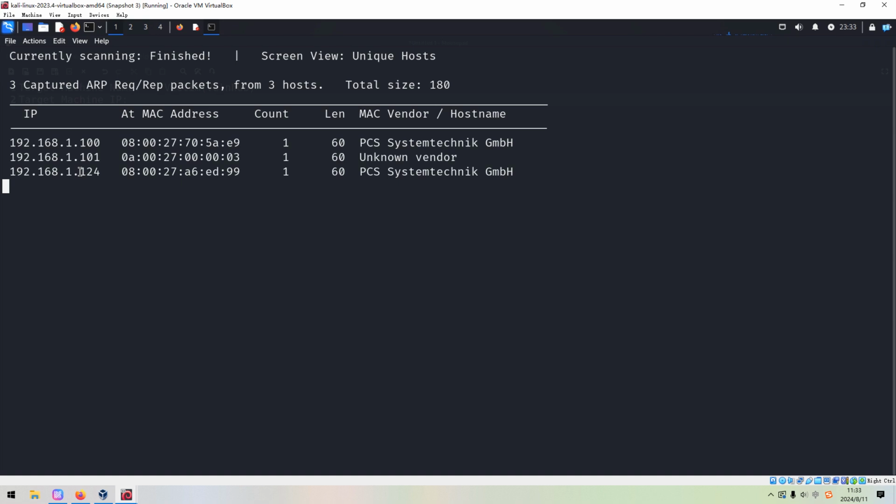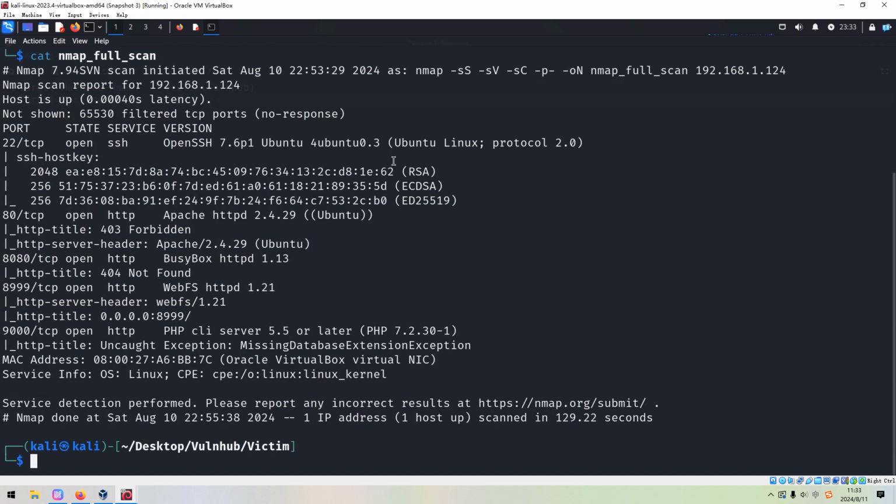So what are we going to do next? We need to do the port and service scanning with Nmap. To save time in this video, I've already completed it before. For now, we just get out its result. As you can see over here, I used the options like SYN scan, the version scan, the default script scan, followed by -p- to do the full range port scan. The last option of all is -oN to output the result into this file.